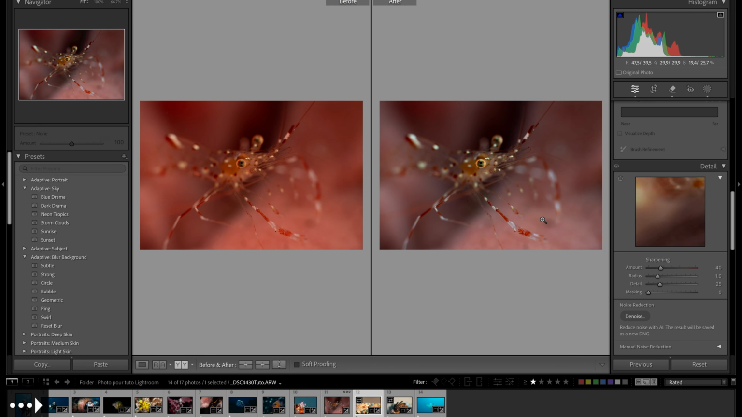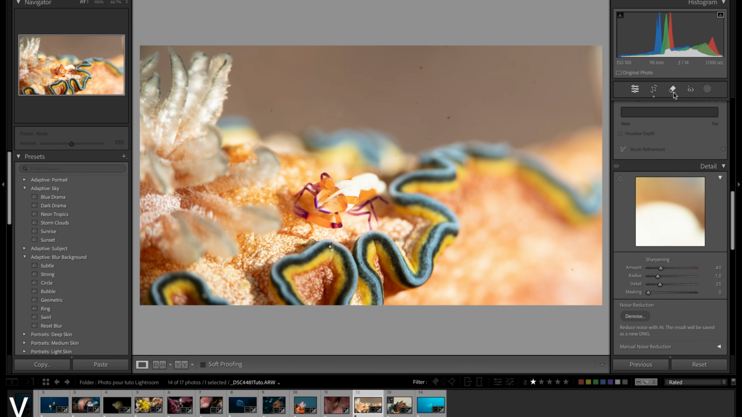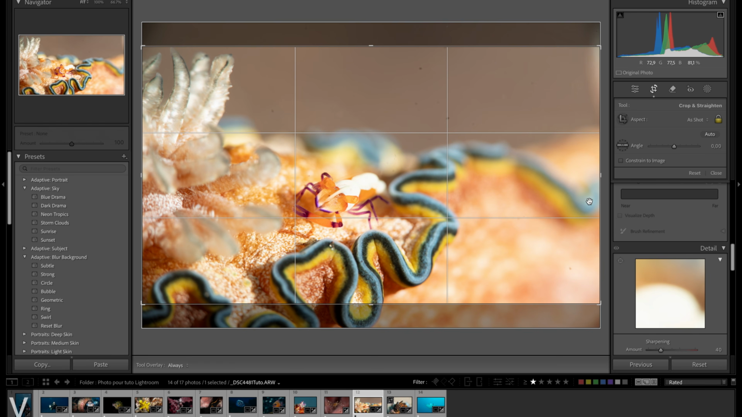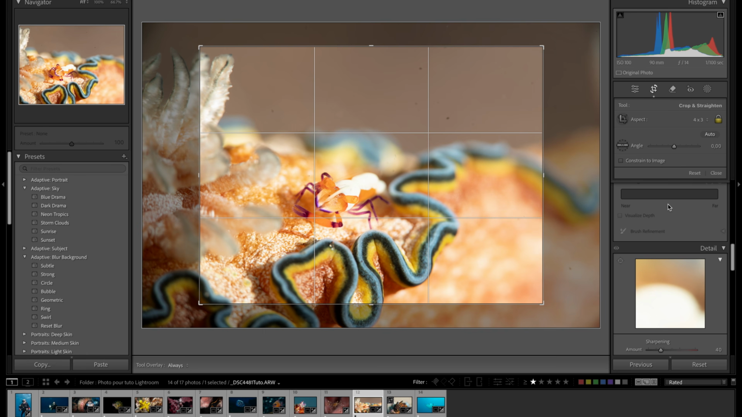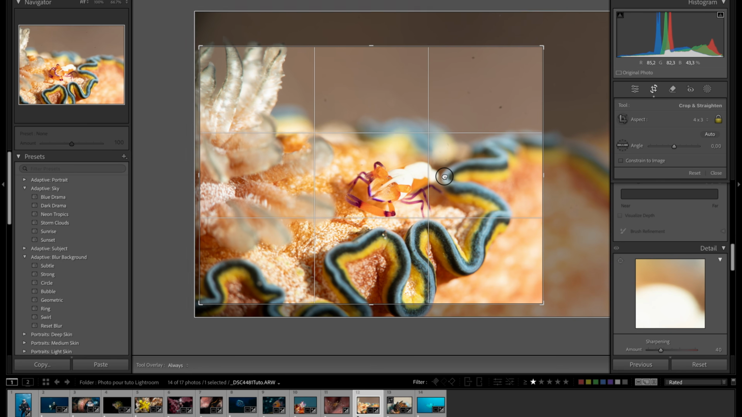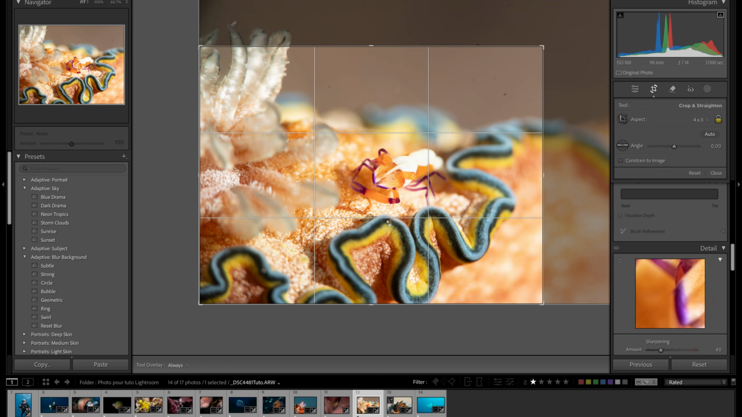Okay, really cool. Next, this one, it's a little emperor shrimp on a nudibranch. Let's try to do a reframing a little bit. So once again, we're gonna use 4/3 because it's not needed to be too long. And here, unfortunately, I'm removing some of the gills, so